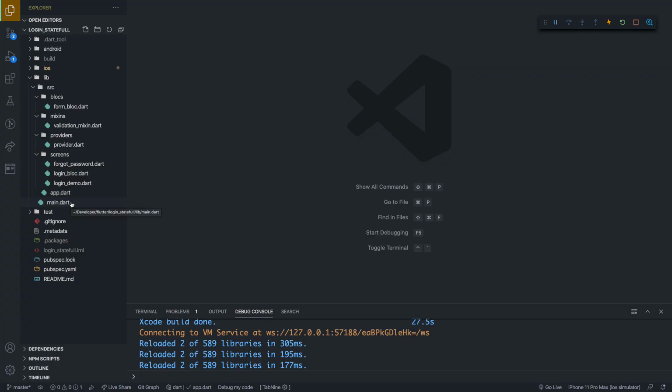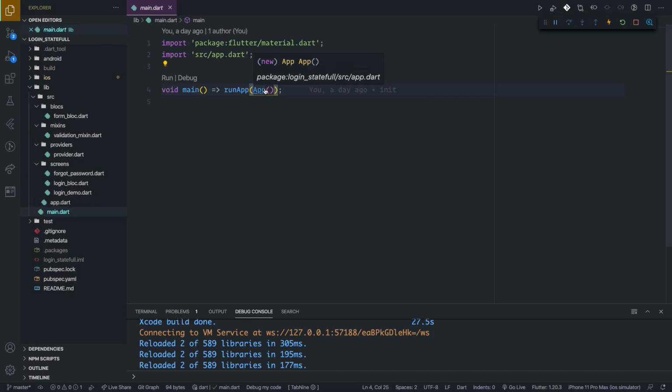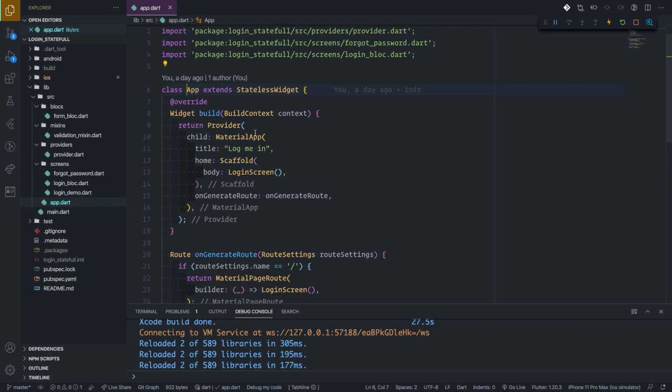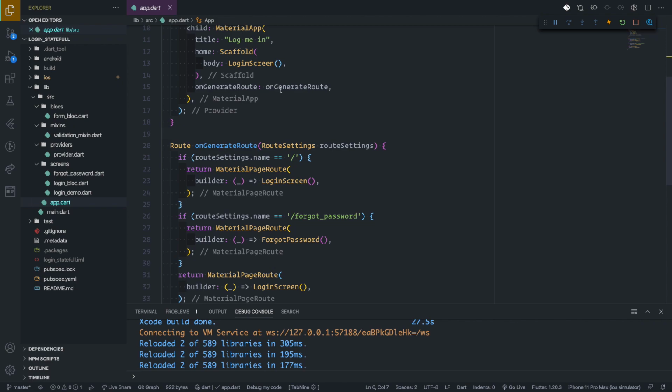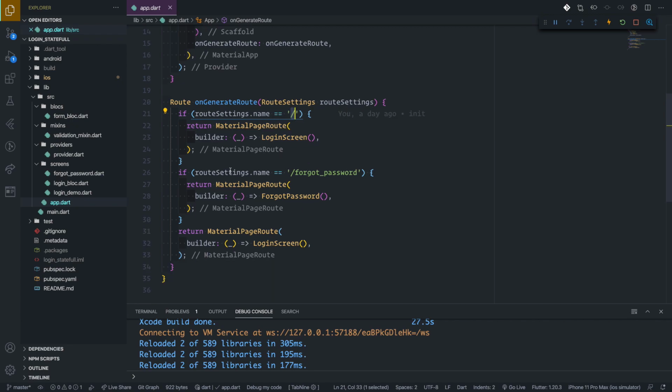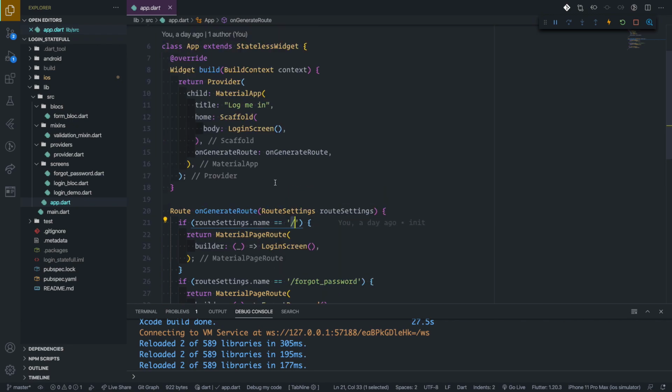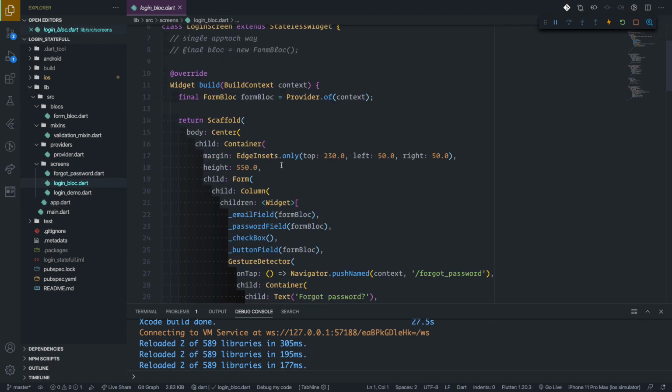So I'm going to use the same project I did before. Check the link in the description below, or maybe one of the corners, and it's highly recommended to watch it to understand what's happening here. So we start first with the app. This is just a fast overview. I did a route generation here by using generate route, also using the forgot screen and also a login